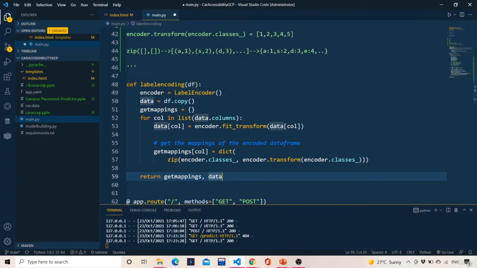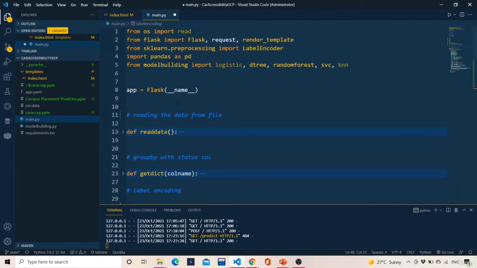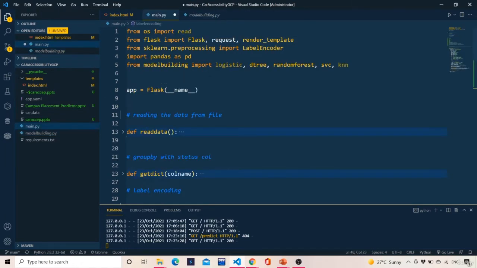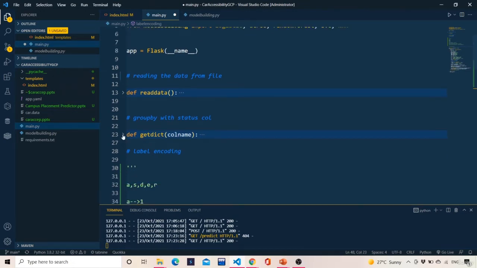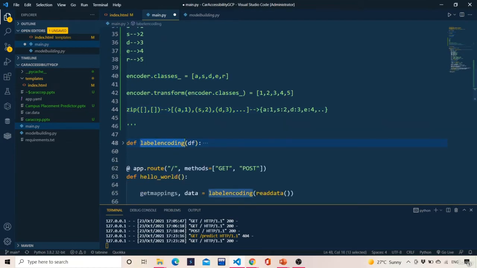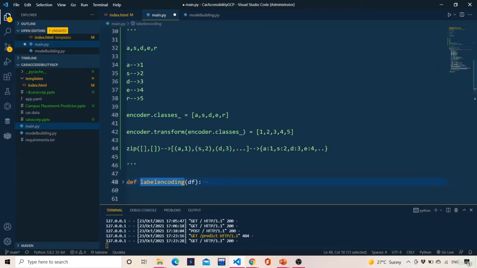So in the last video we understood how this label encoding function is happening at the back, and now we will be looking at one more important thing, that is the model building phase. We know that there are all categorical variables, and in order to deal with categorical or ordinal variables, we have to make the encoding class, and that we made. So now we will be discussing the model building phase.